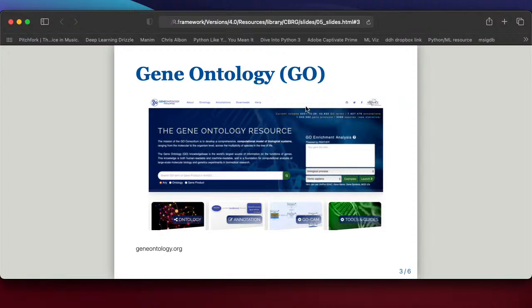So in this case, one database of these collections is the gene ontology, geneontology.org. And it has these various gene ontology terms, and each term consists of a list of genes that are all related in some meaningful way. So either they're functionally related or they're in the same pathway, they share some kind of relationship, and many such terms are constructed in this way.